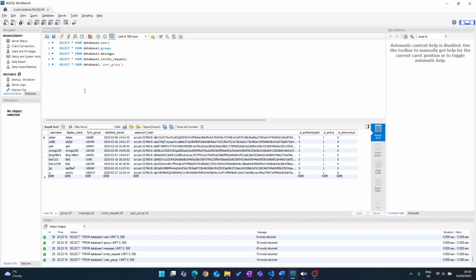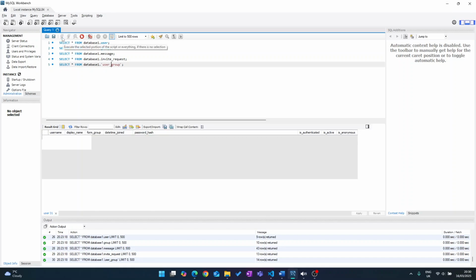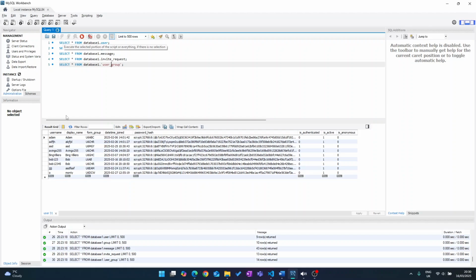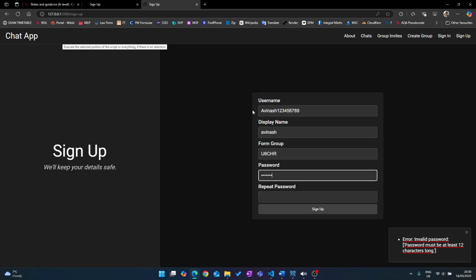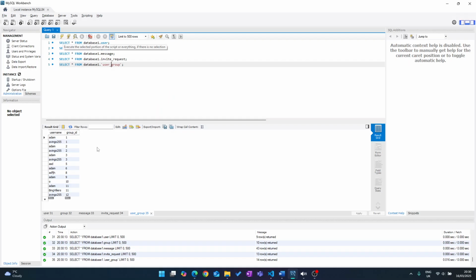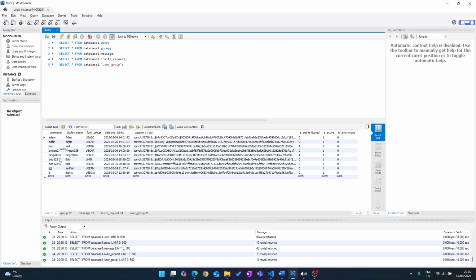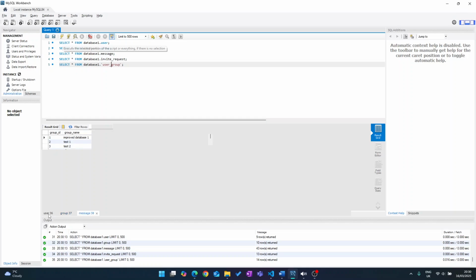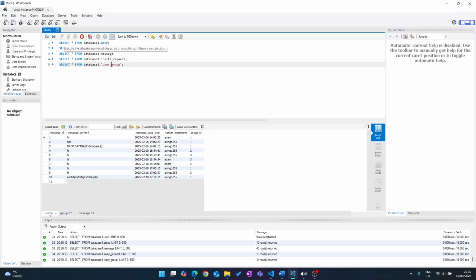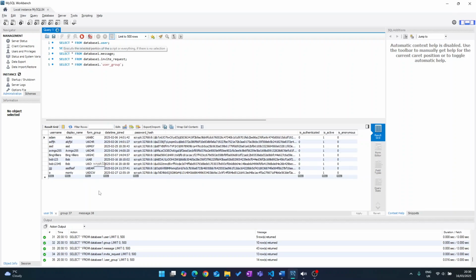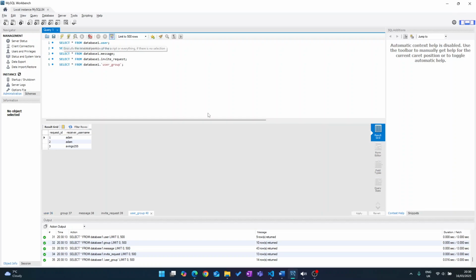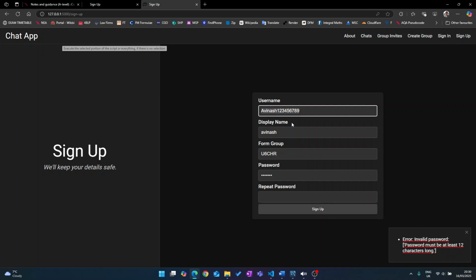Now, for each of these tests, let's go back to the database and just make sure that a new user has been added to the user table. And you can see over here that Avnash123456789 has not been added to the user table. Okay, and that's the first test case. Now the second one